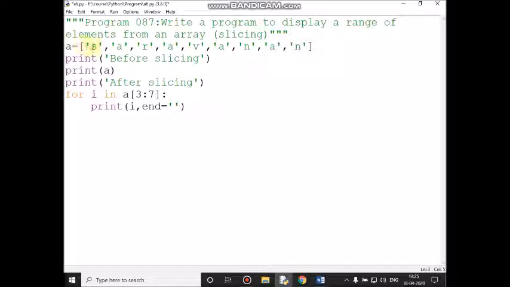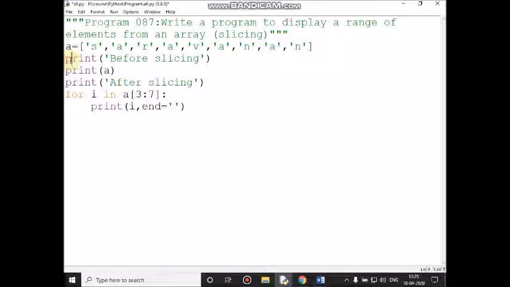Here A of 0th location S, A of first location A, A of second location R, A of third location A, A of fourth location V, A of fifth location A, A of sixth location N, A of 7th location A, A of 8th location N. So the total size of this array is 9, but the index varies from 0 to n minus 1, that is 8, 0 to 8.